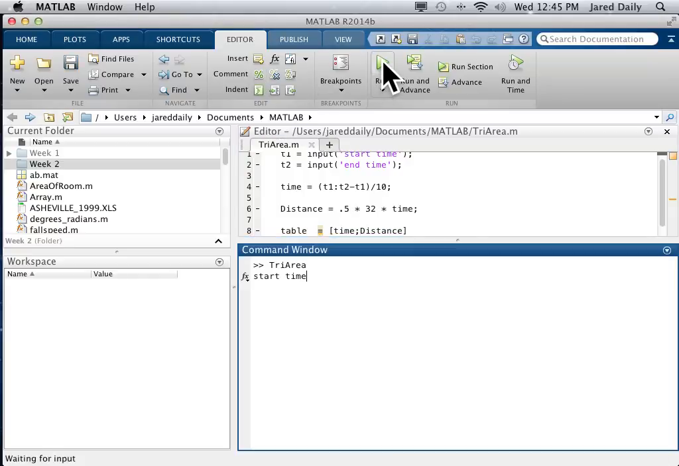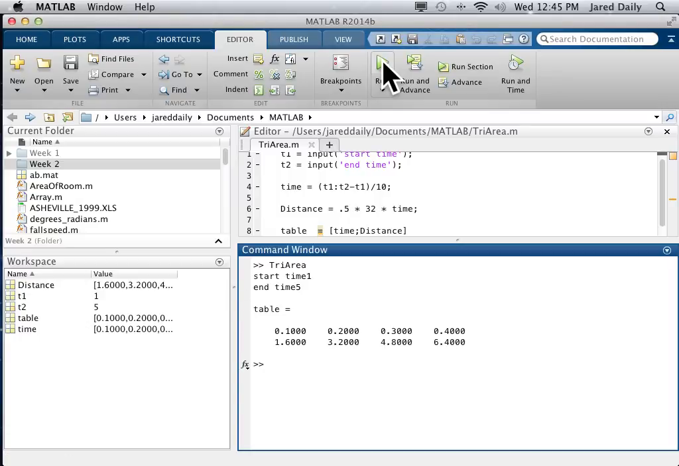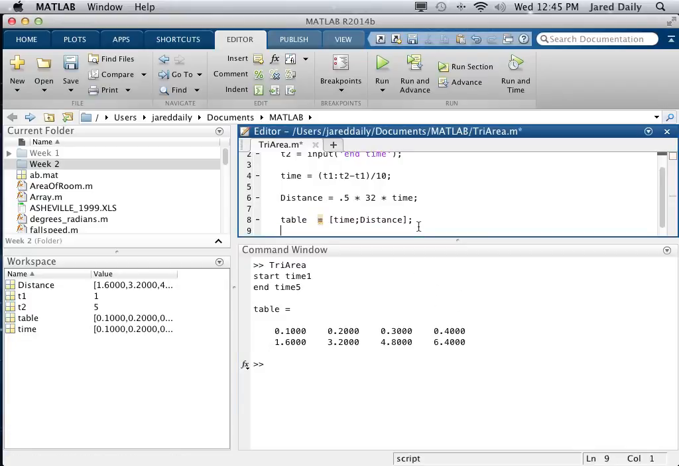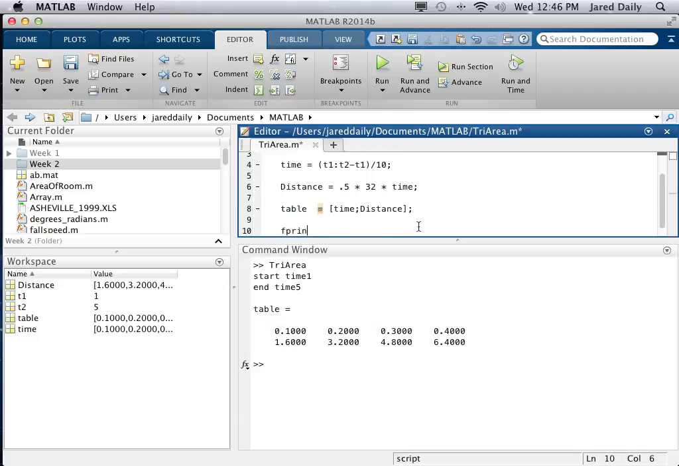Run this. Start time 1, end time 5. So the table looks a little bit messy. First of all, it says table up here, which is just kind of dumb. It's also not very clean because it has all these digits in it we don't need. It's just kind of messy. So instead of doing that, let's use fprintf. Let's close off this here, and let's clean it up using the formatting that we can use. So we have fprintf, and let's say